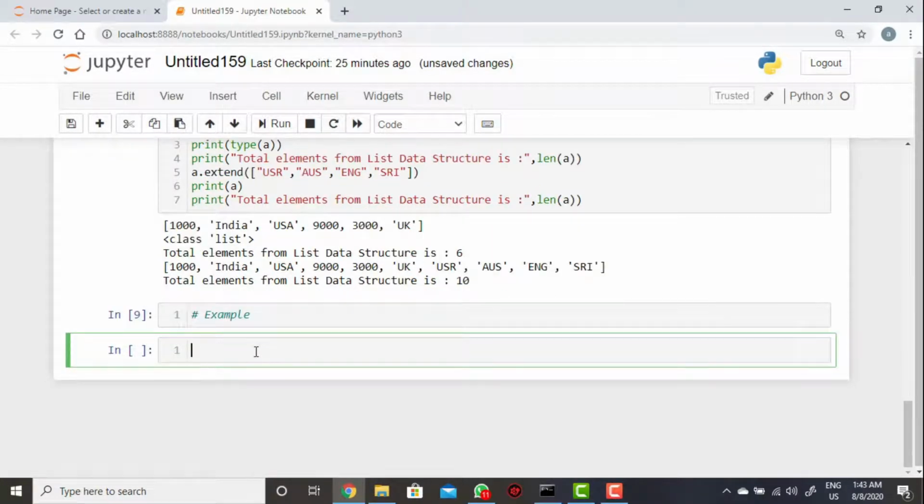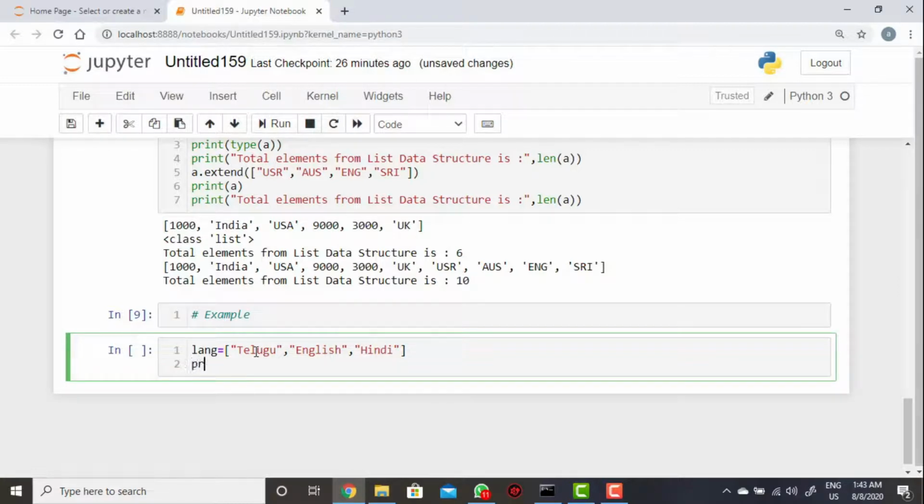I am just taking language equal to Telugu, English, Hindi.